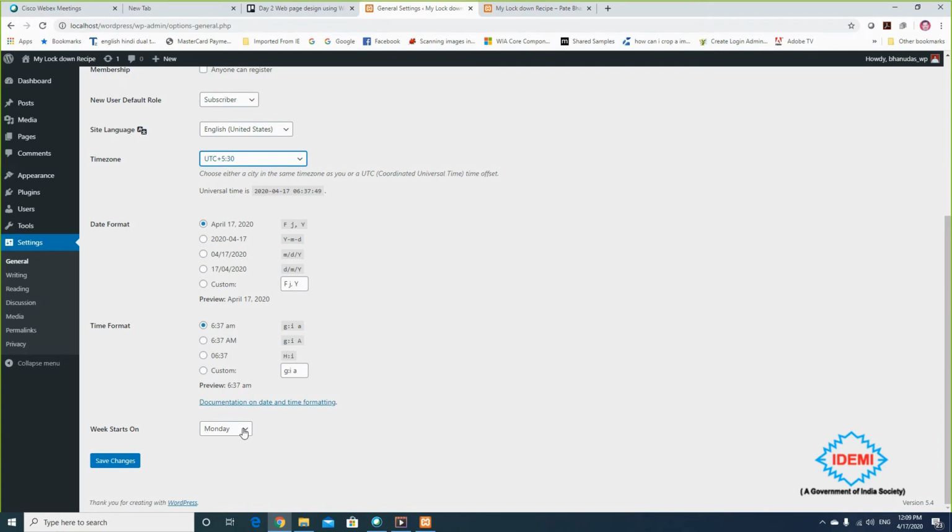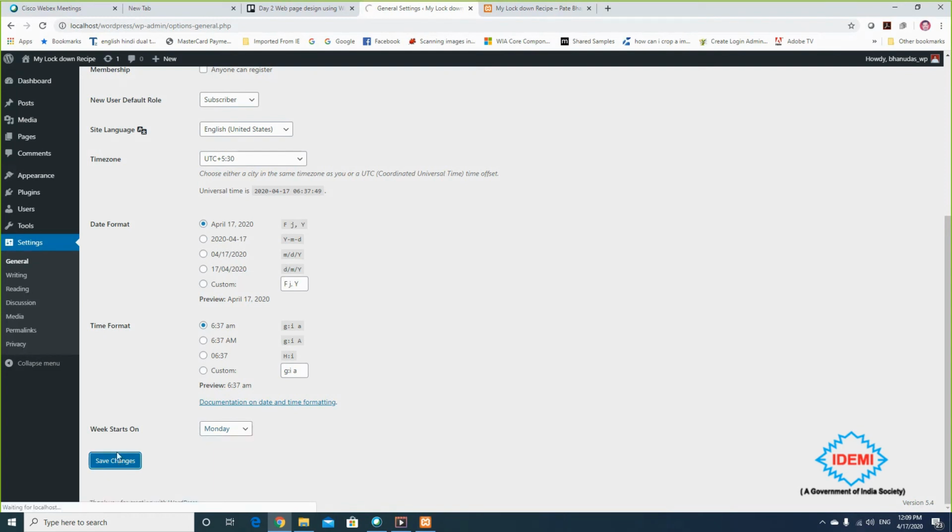In some countries, the Islamic countries, the week starts on Friday. In India we start a week on Monday, or Sunday, whatever. So accordingly we will choose, otherwise we will keep the default. So I'm clicking on save changes here.